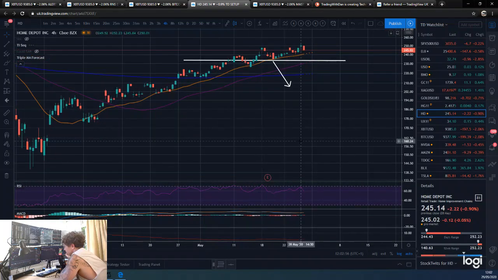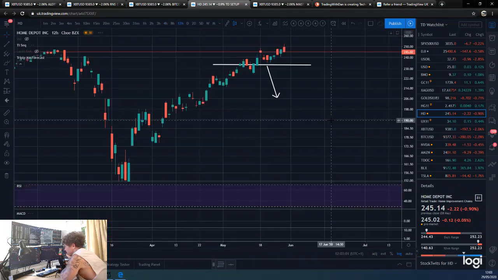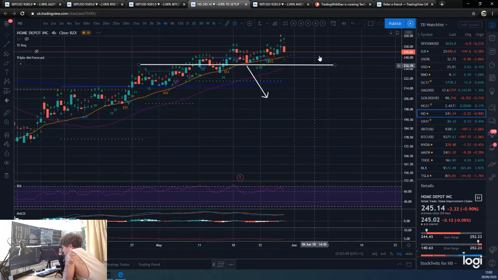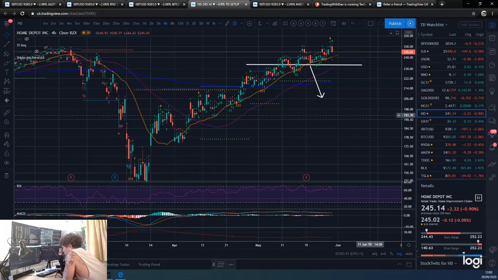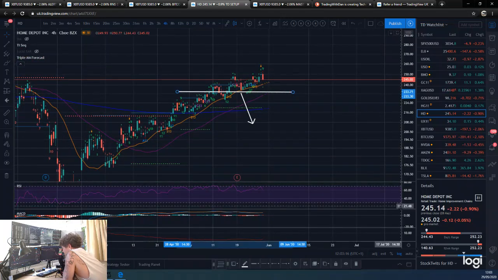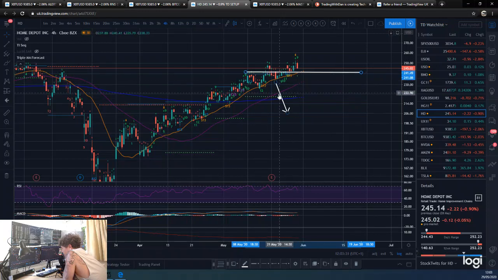HD. Home Depot, yeah, so we've got another 9 trade now, 4 hours, so we'll put this on. We'll just look in the daily, just to have a little double check. Yeah, we've got the daily 9 here, which we've clearly negated, so we'll do it based on this nice 4-hour candle that we've got. This, I assume, was yesterday. I do think markets might open weaker today, potentially. So it's hard to draw this because this market isn't open yet. So we'll try and be a bit more conservative. And we'll draw it in line with this horizontal support here.